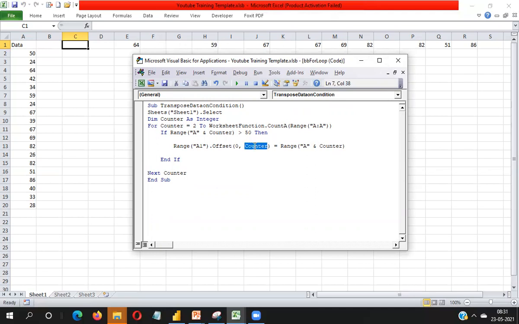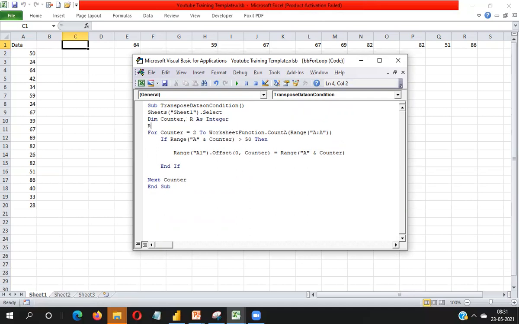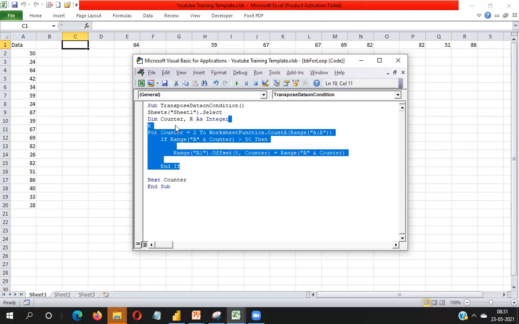So there's no need to use counter here. Here you need to take another cell reference. To create this cell reference, you need a variable, R. R is my variable name, where I will store the R value. R needs to start from 3, so I need to take the third column.